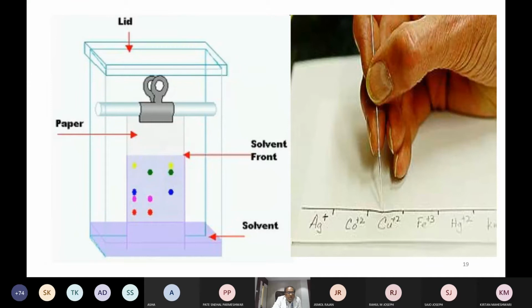Along with that, whatever sample you have put at those spots will start getting separated this way. Based on this we can make out which amino acid is separated, or how well these are separated, using one factor, the Rf factor. By that only you can calculate and find out which amino acid is separated.